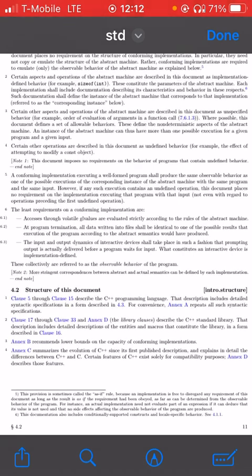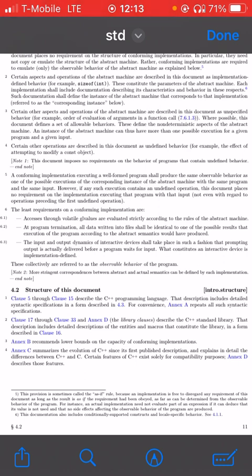Note, this documentation also includes conditionally supported constructs and locale-specific behavior. Such documentation shall define the instance of the abstract machine that corresponds to that implementation, referred to as the corresponding instance below.